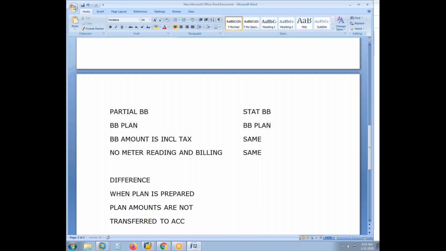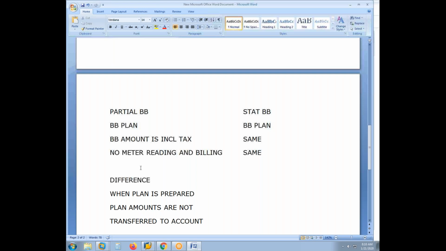So you have seen right now in the budget billing we have got 11 items, but they were not reflected in the contract account. The budget billing amounts are shown only in the budget billing plan, but amounts are not posted to the contract account. Only when you prepare the invoice, that means you are making a debit entry for the particular month, then the amount is reflected. Right now, if you see the contract account open items, we are not seeing any future billing items. Only when you invoice the budget billing invoice for the particular month, the amount is posted